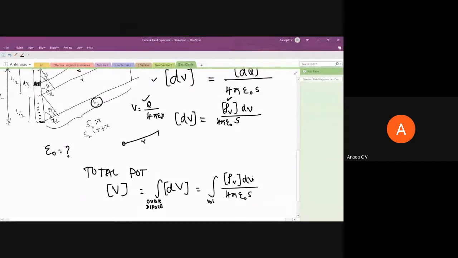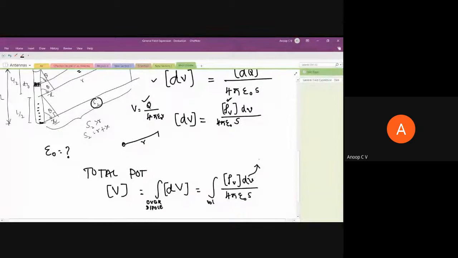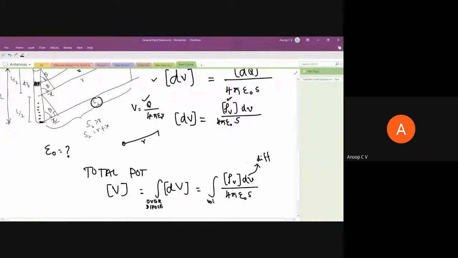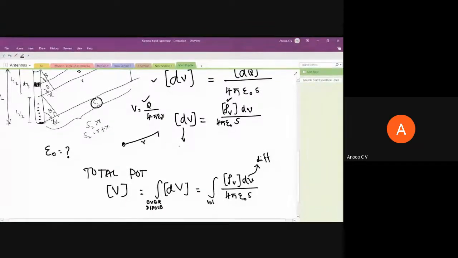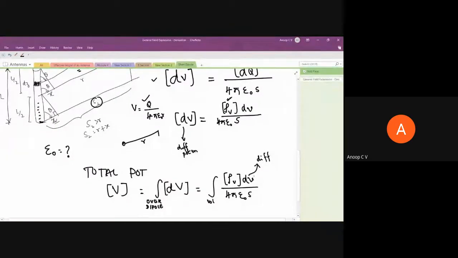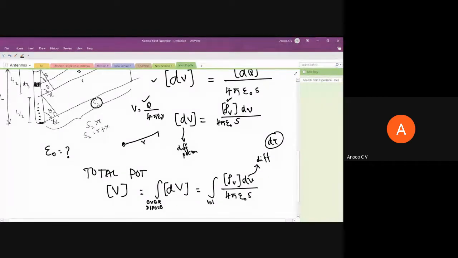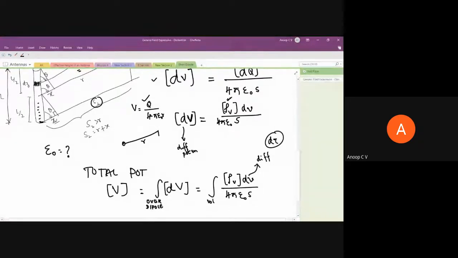Rho v dV. But this dV, please don't get confused. Small v is differential volume, and capital V, in dV, is differential potential. Please don't have confusion. In your textbook, instead of dV, they have used d tau for differential volume. But normally we are comfortable with v for volume, and I don't want to deviate from that. But please don't have confusion between this capital V, which is the scalar electric potential, and small v, which is volume here. I would like to make that clear.